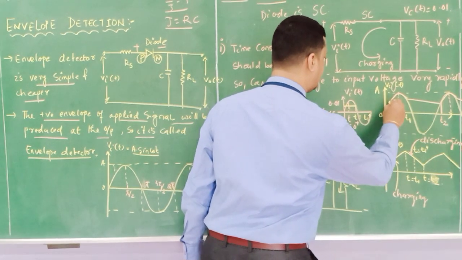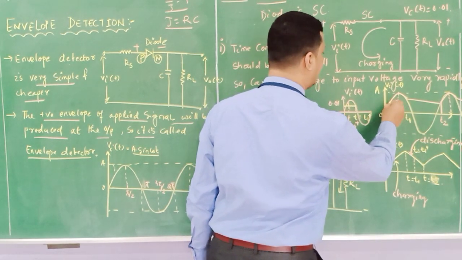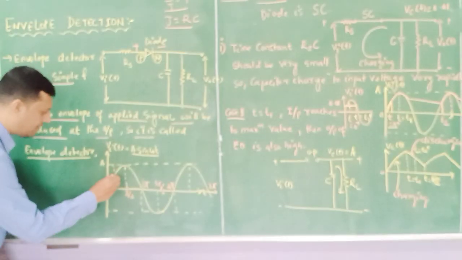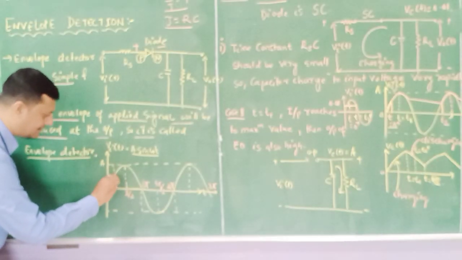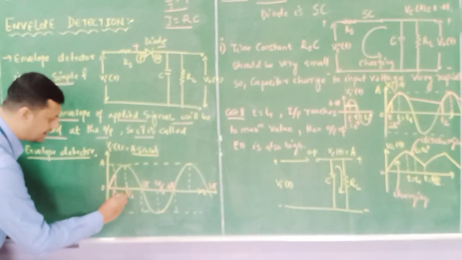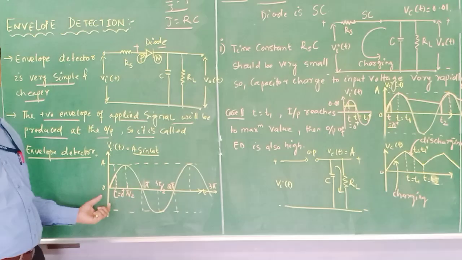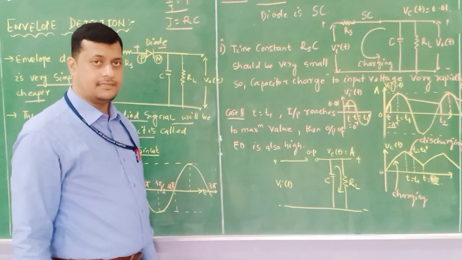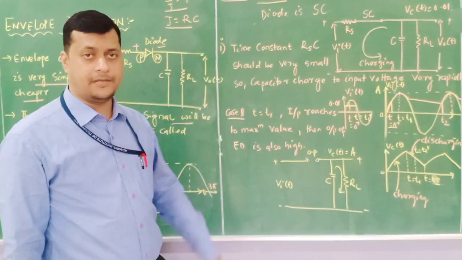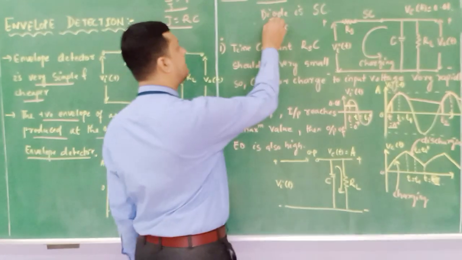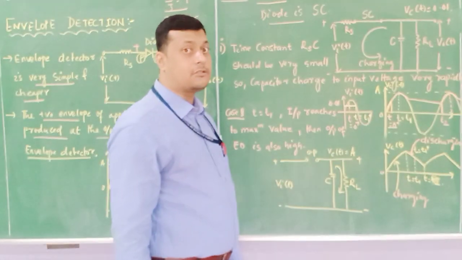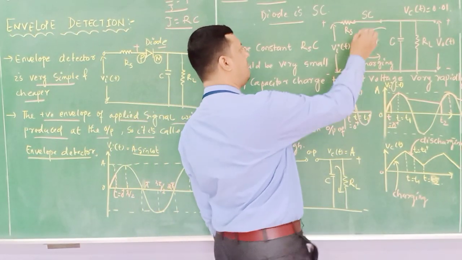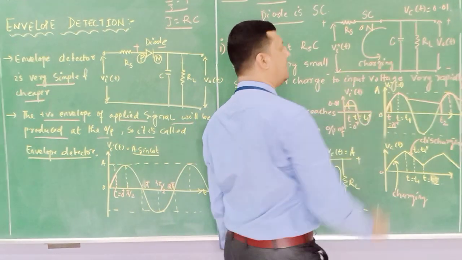T is equal to 0 plus means a small rise in our modulating signal. So, a small rise in the modulating signal means let us consider this particular part as T is equal to 0. If it is positive, that means the PN junction will be in forward bias condition and current conduction will take place, and you can see the diode becomes a short circuit. Short circuit means it is in on condition. So it is in forward bias, it is in on condition.